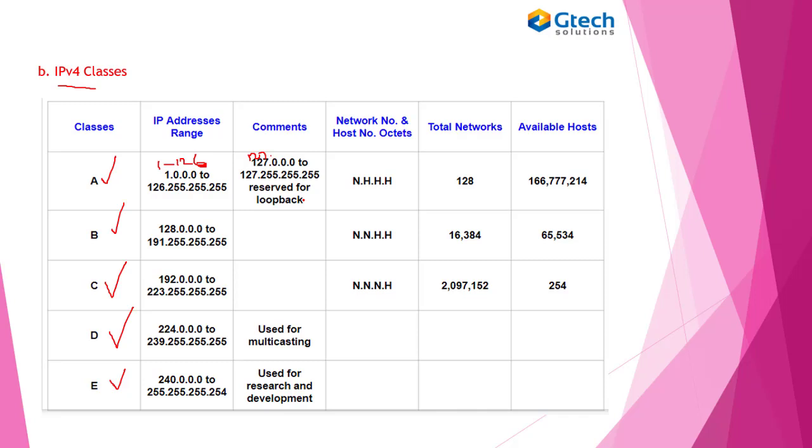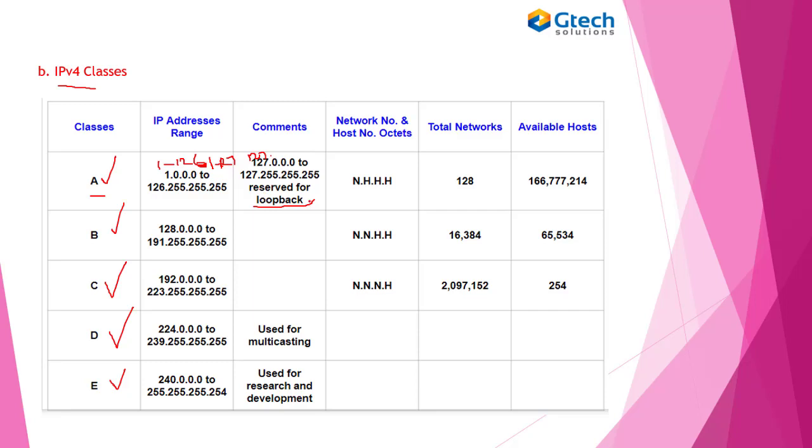A loopback IP address is the kind of IP address that is used to test self-communication. Suppose it's used to test whether the network interface cards are functioning. Okay, I hope you understand the loopback IP address under class A. So we can say class A is 1 to 127, but within the 127 range, it's not used to assign any host computers because it is used as a loopback IP